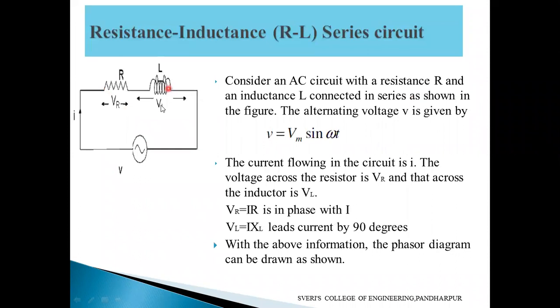The series RL circuit is nothing but here the resistance is there, here the inductance is there. The average power of the resistance we will get as a value, but the average power of the inductance is zero. We have already discussed this one here, no? So the average power of the total circuit is equal to the average power of the resistance only. So the average power of the resistance is nothing but, what is the voltage drop across the resistance here?